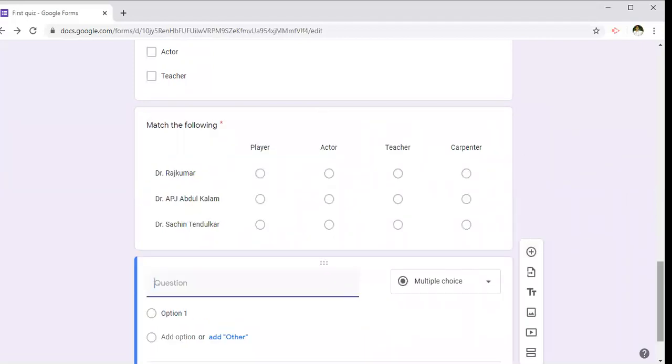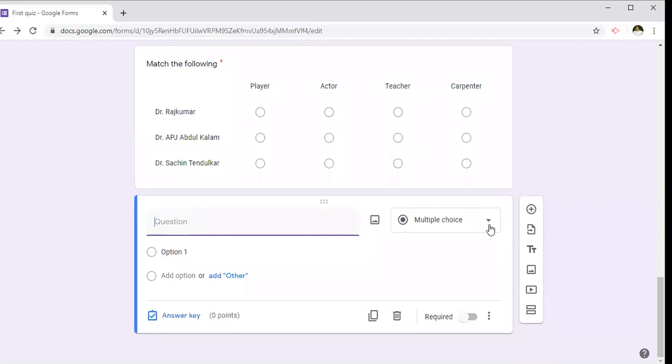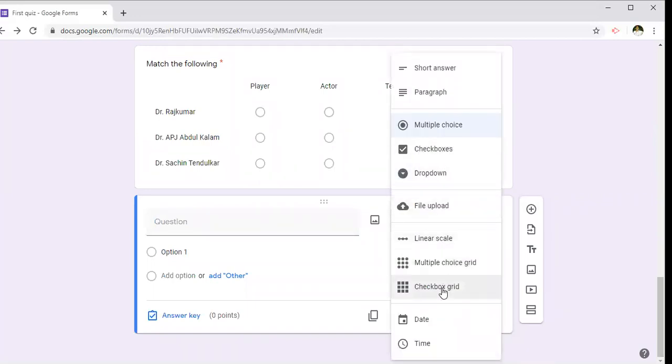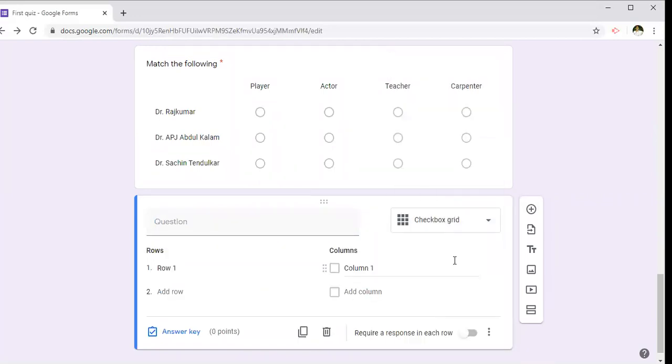This time I'm going to select the checkbox grid. Let me take the same options here, and tick the correct answers.